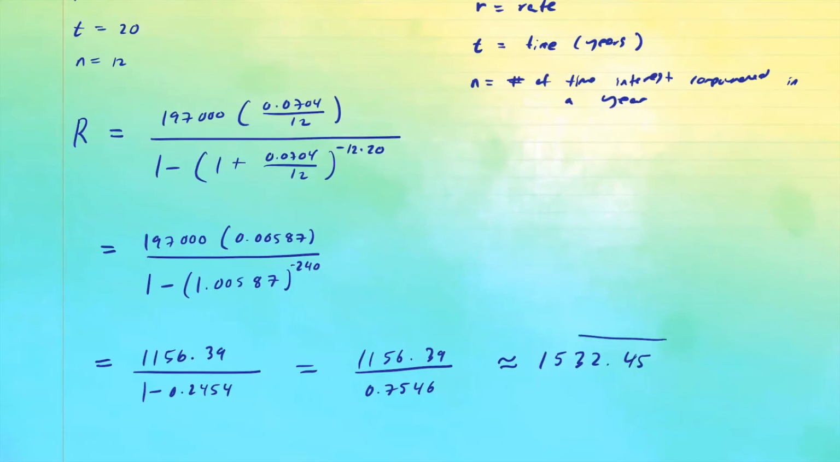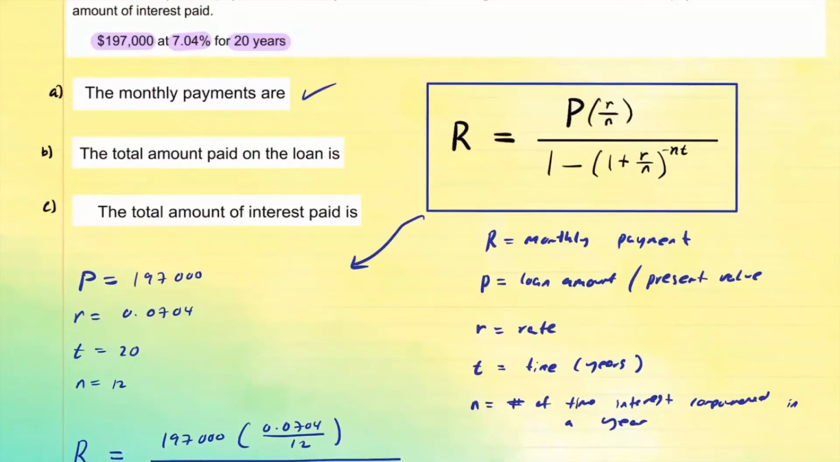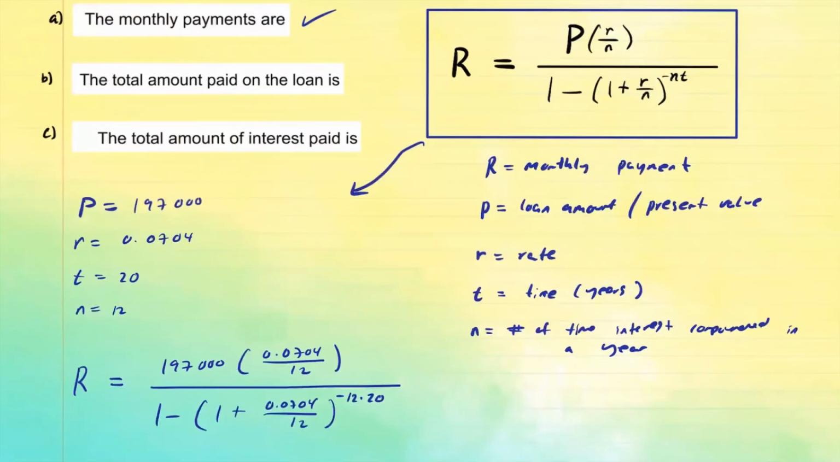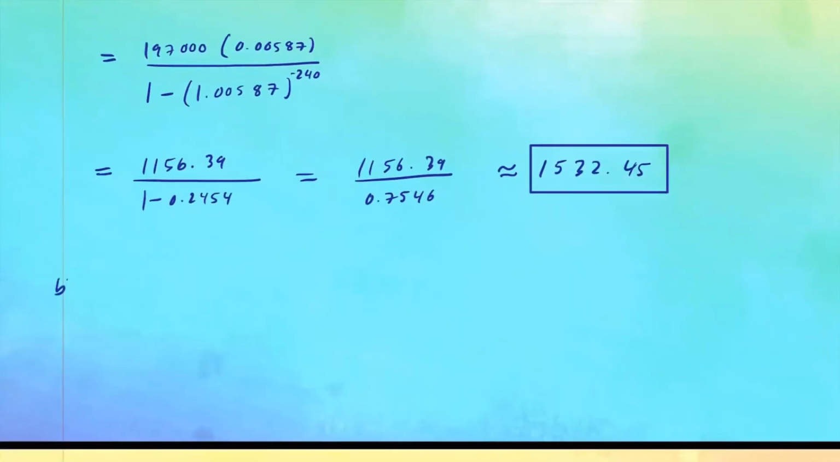The monthly payment that we're going to put down for this particular loan is $1,532.45. So that's for the first part. So now the next thing we want to know is the total amount paid on the loan. All right, so how much was paid? Well, since you're paying it for 20 years, so for part B, total amount paid,